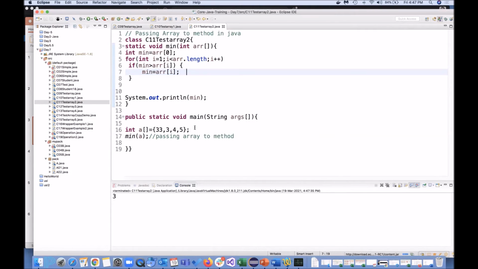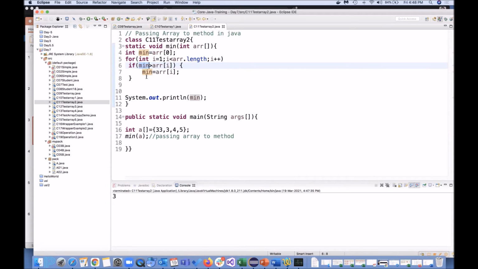Still 3. So what it is doing is comparing. First it is thinking 33 is the minimum. Then it is seeing whether 33 is greater than the second element, 3. Yes, it is greater than the second element. Then assign that value to the min value. Now my min will become 3. Next time it will say, is 3 greater than 4?